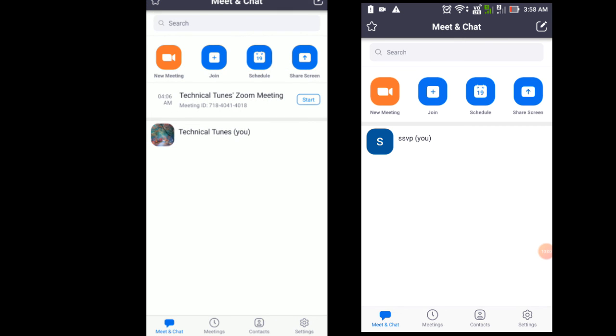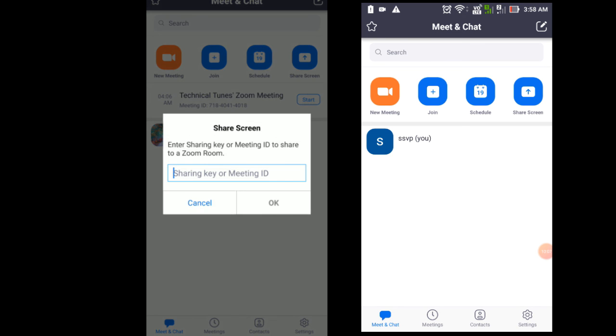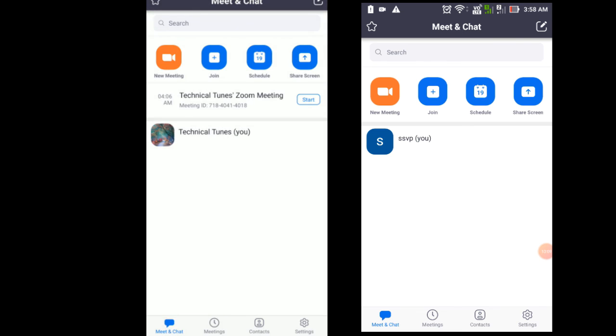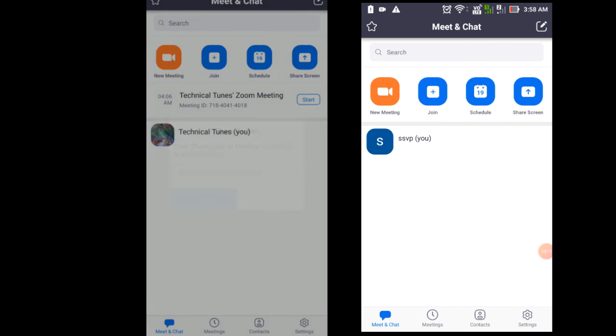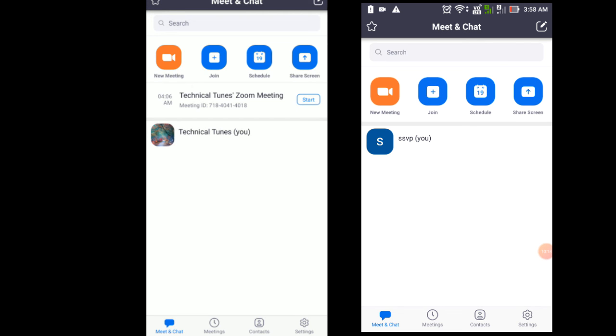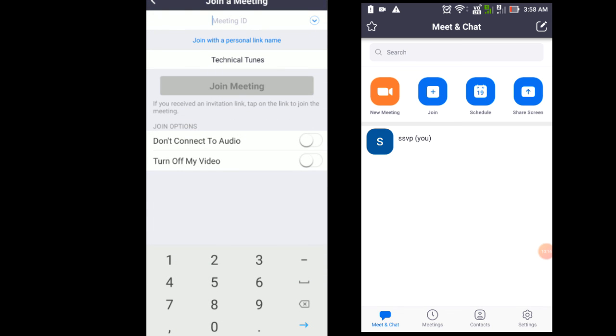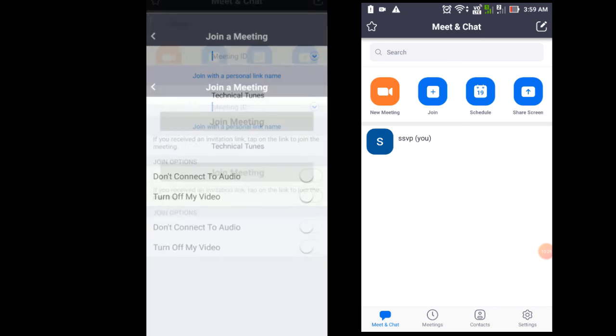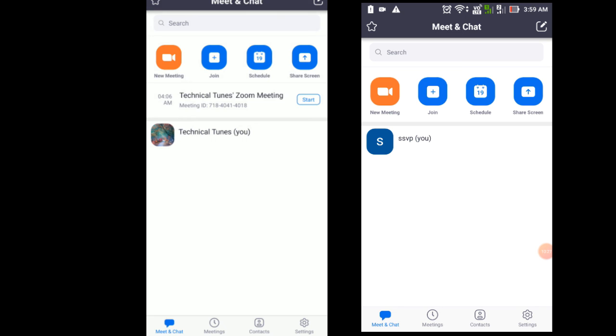So another icon on the top side is screen sharing. You can share your total screen of your mobile or your PC, or the entire screen you can share, or some portion of your screen also you can share. So by using the Zoom app, you can also show your presentations and Excel, Word, Sheets directly through this app. So all facilities are available in this one.